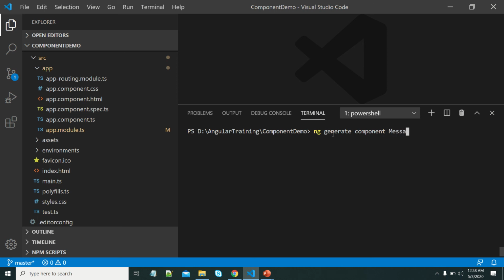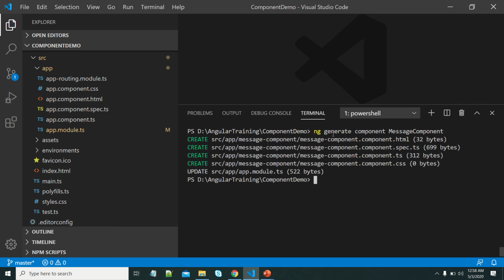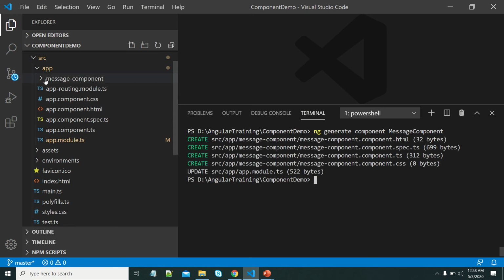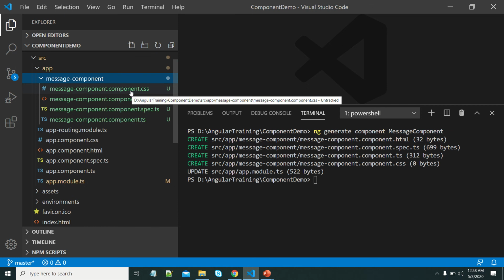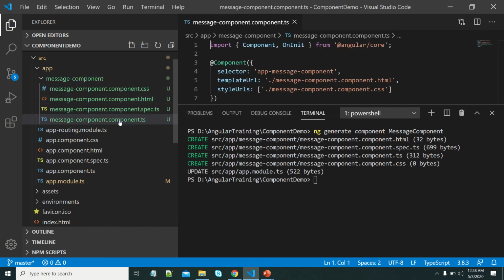Let me give that name as message component. A message component is created. If you want to use that, you have to use this selector.